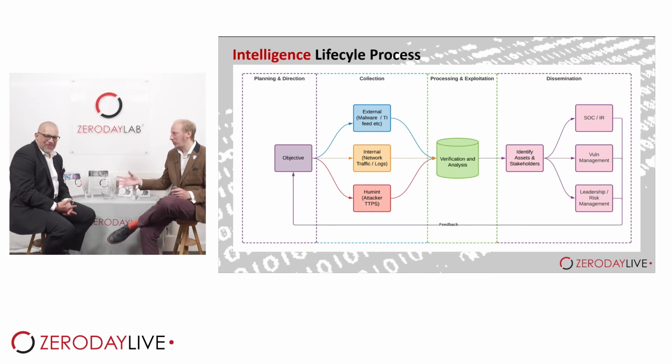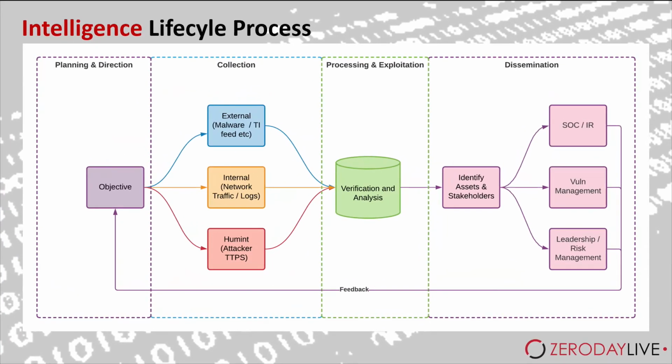So, having an objective, having a reason for doing this in the first place. Could be validation, could be whatever it may be. Understanding the data you're collecting, the quality of the data, being able to verify and analyse that data so you're getting actionable intelligence, and then being able to identify your assets. Probably right at the beginning you identify your assets before you do intelligence, but then actually intelligence can be used to identify your assets as well, right?